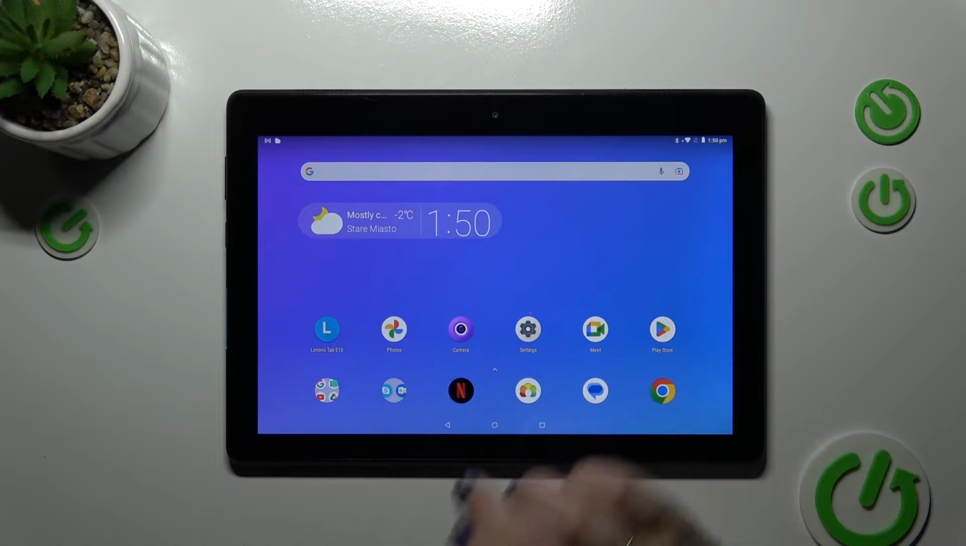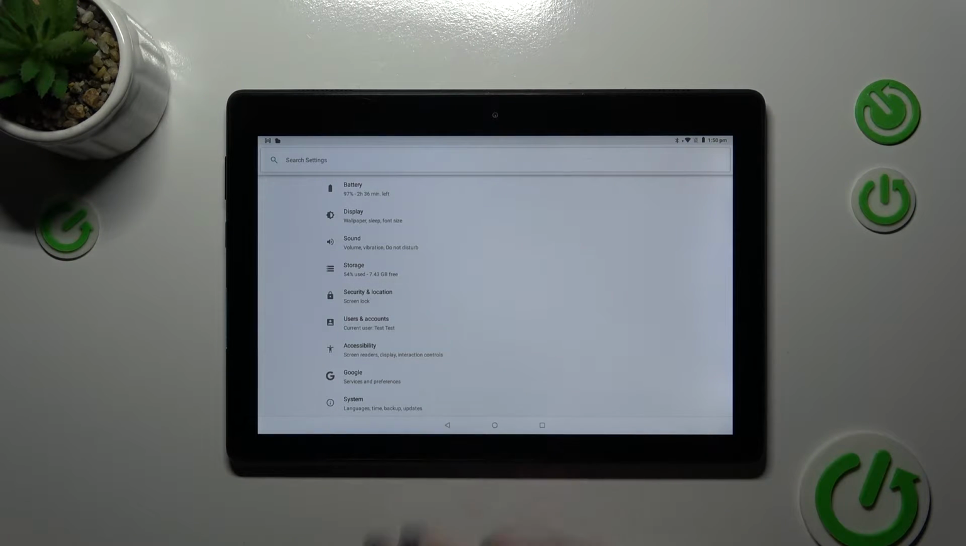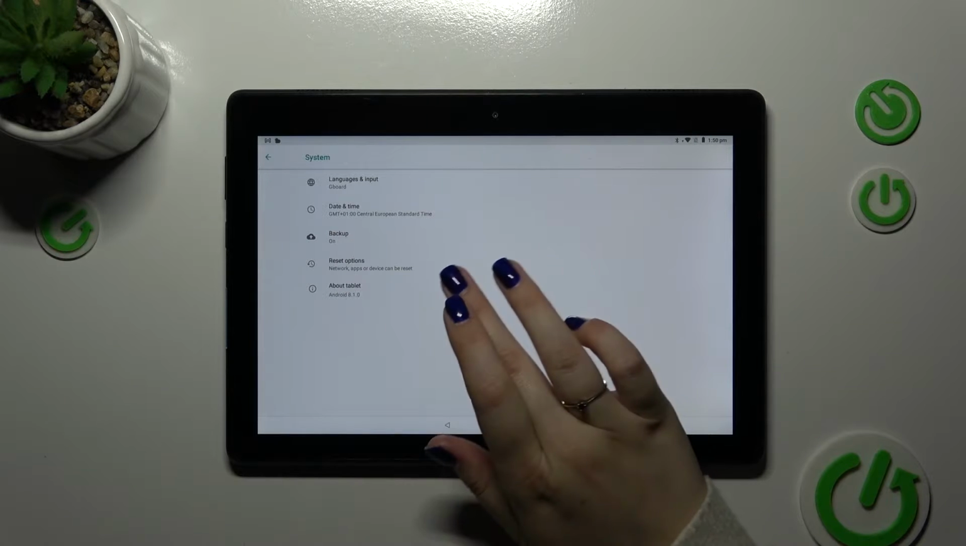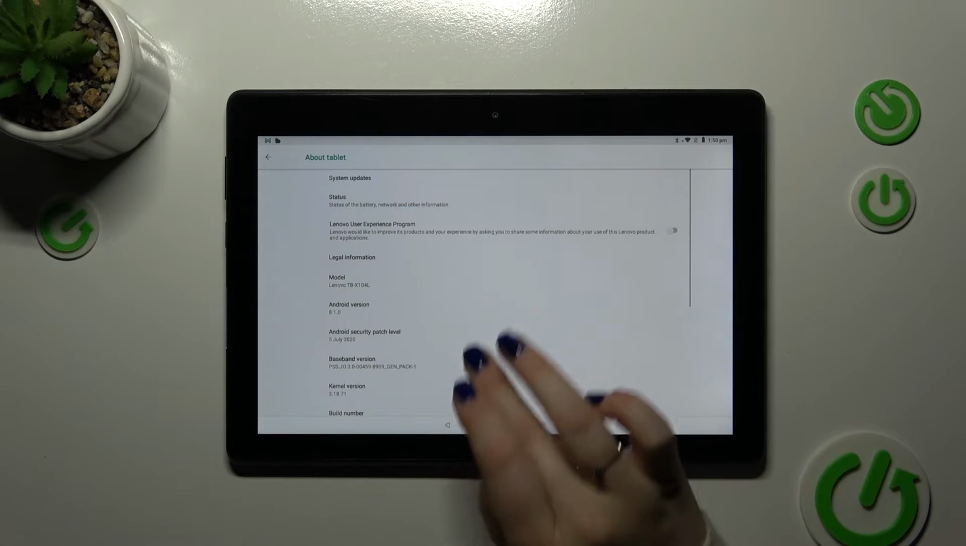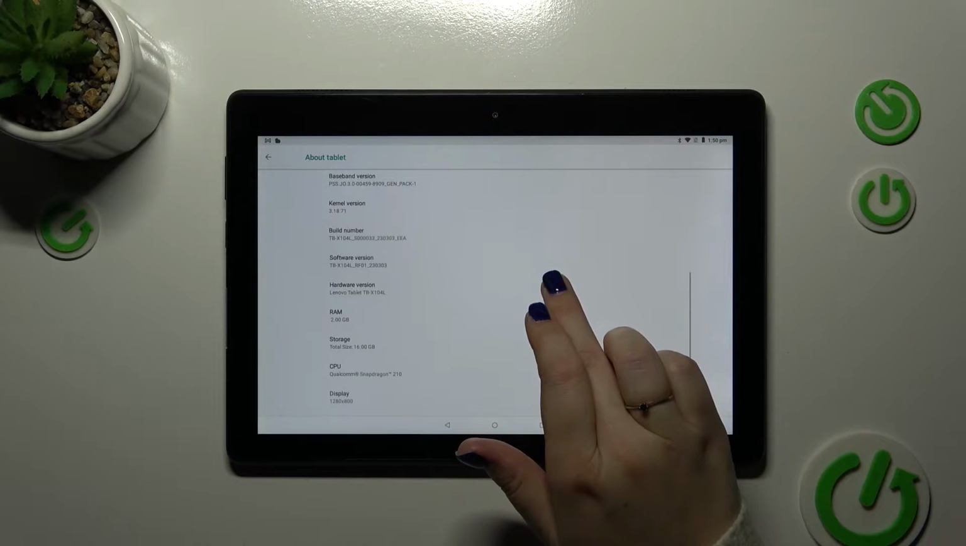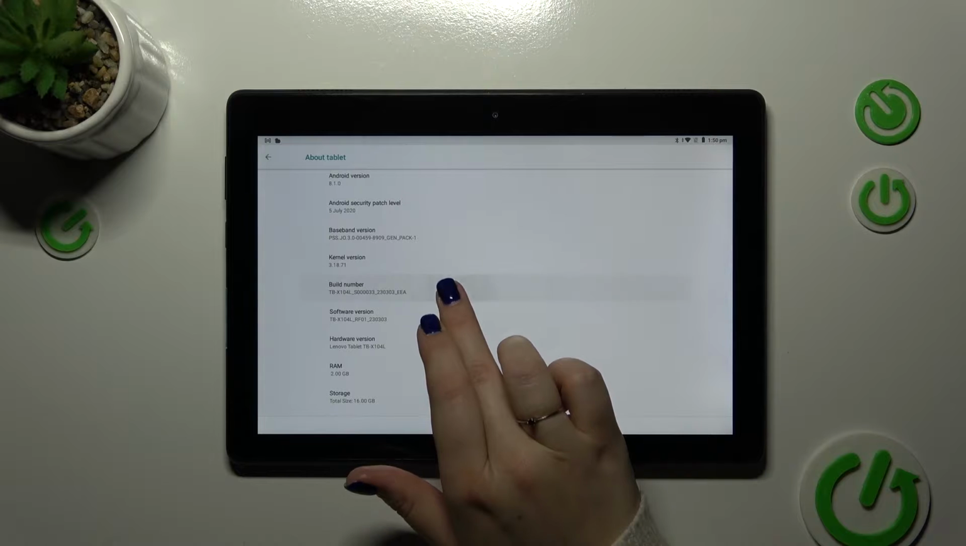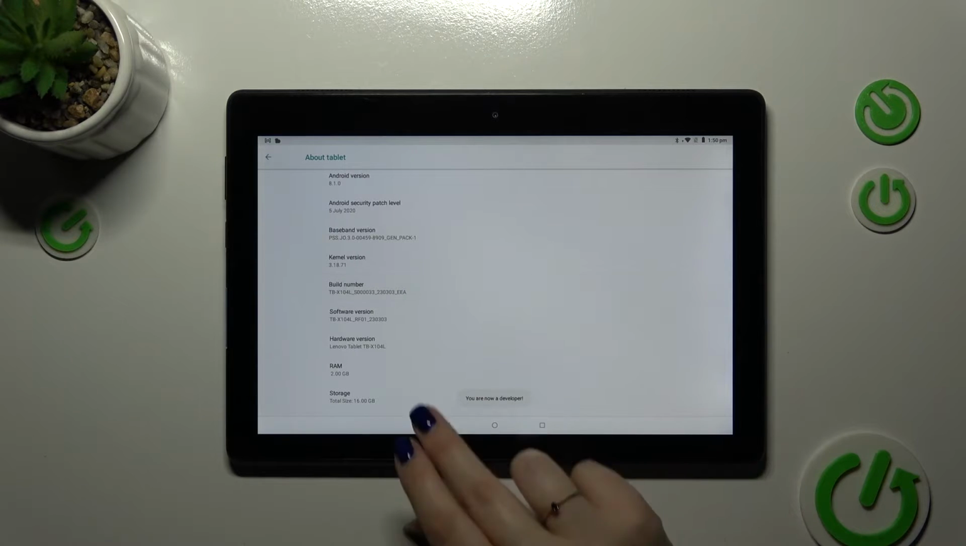So let's start with opening the settings, and here we have to scroll down to the very bottom to find the system. Now let's tap on About Tablet because we have to localize a special number which is called build number. So let's scroll down a little bit, and as you can see it is right here. So right now we have to keep tapping on it until we will see that we are in the developer